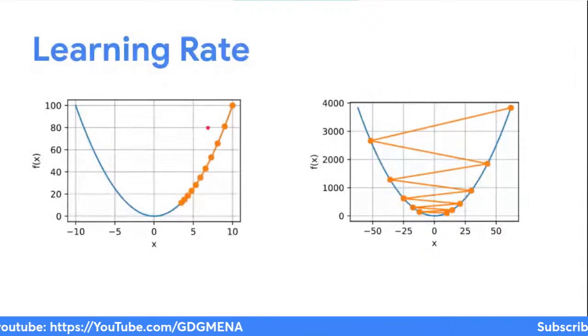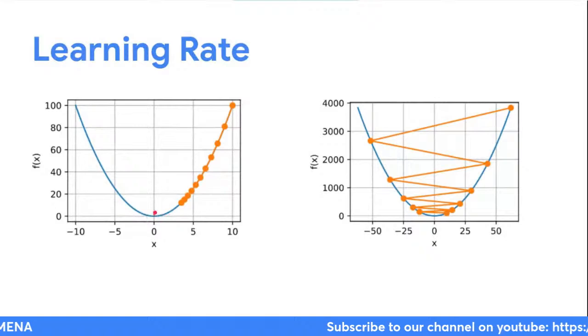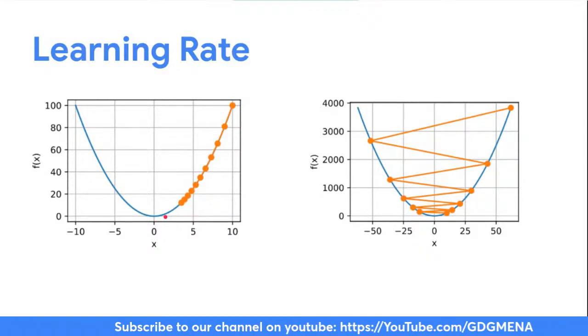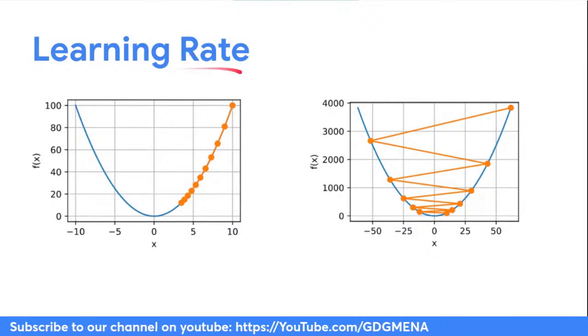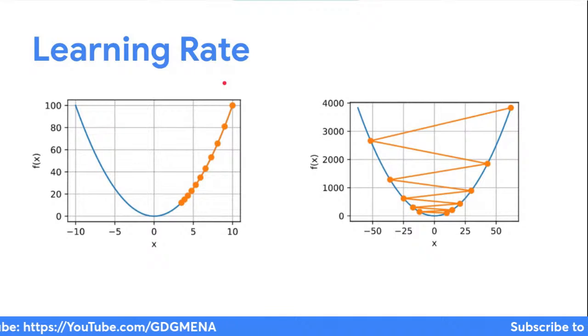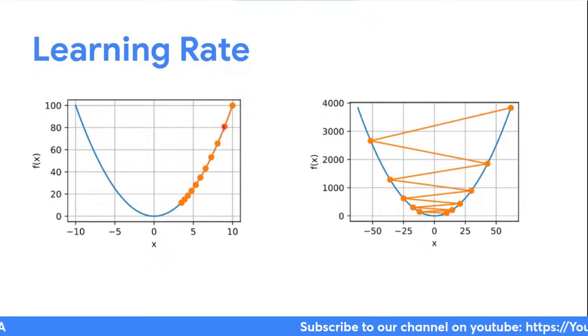The learning rate can be set by the algorithm designer, or the developer who builds our model. So the engineer or the developer sets the size of the learning rate, the number of steps. If we use a learning rate that is too small, it will cause x to update